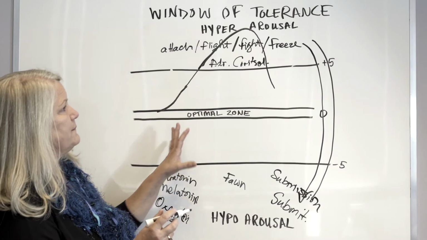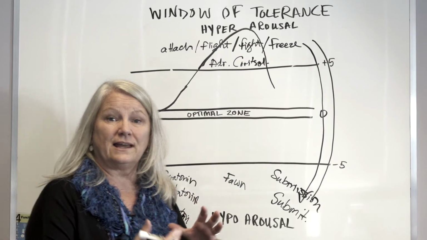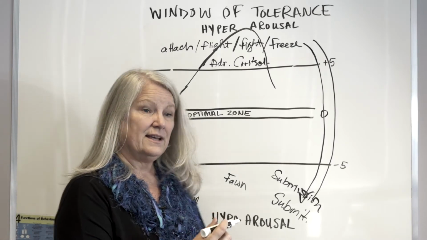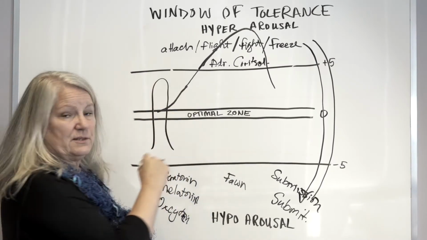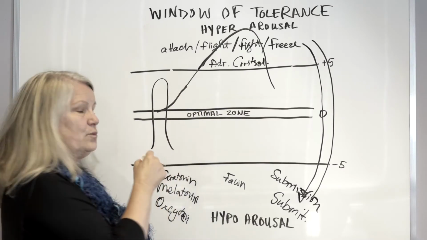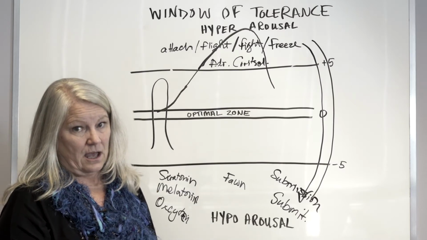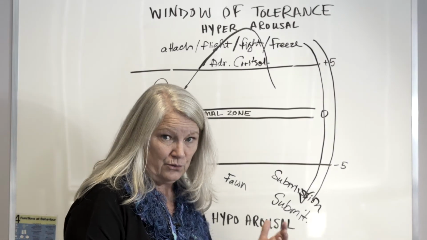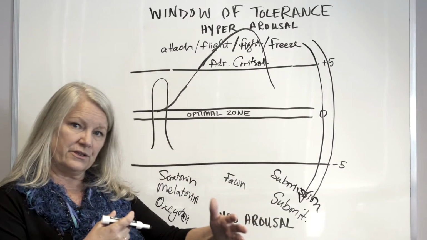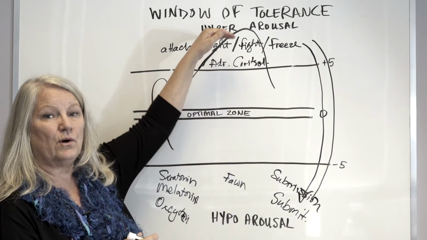So when we're working with you, we actually want to begin to help you to create this language so you can help us to understand what your emotional states are. There are fluctuations that we will experience in a day where we stay within our window of tolerance. So when I'm working with you, I might say, were you in your window? Or I may say, how far out of your window were you when that happened? This is a language that we begin to work with back and forth so we can understand where you are in the process of understanding what your emotions are doing.